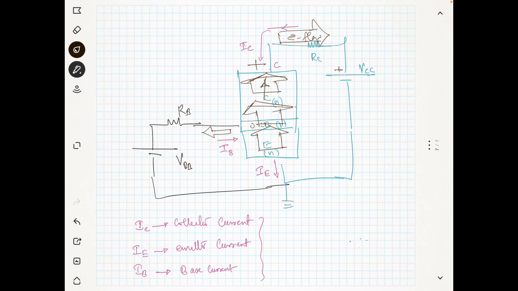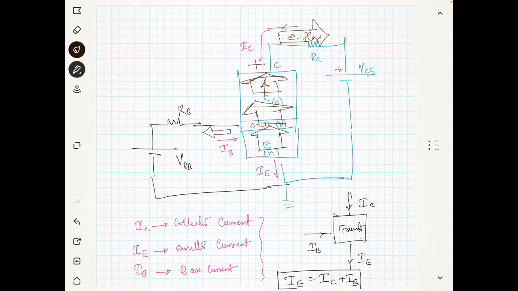You can see here, if you apply the Kirchhoff law, this is your transistor. Some current is coming in: IC is coming in, IB is also coming in, but IE is going out. So IE is equal to IC plus IB. This is one of the important relations you have to remember. Okay, so that's how the